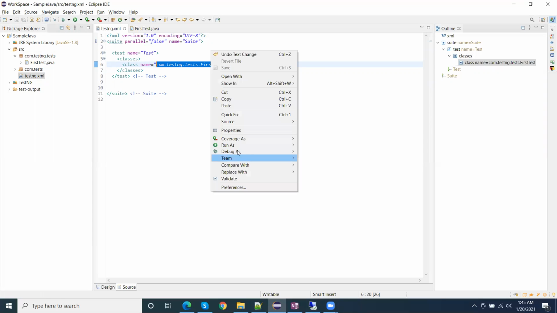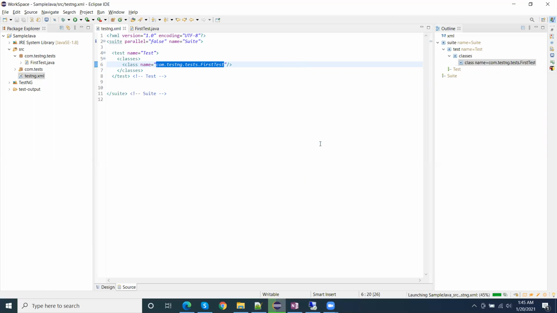So if I run this, then it will run the test script testng test, which is mentioned under the first test. For execution, we just right click and run as TestNG. So now it's running.